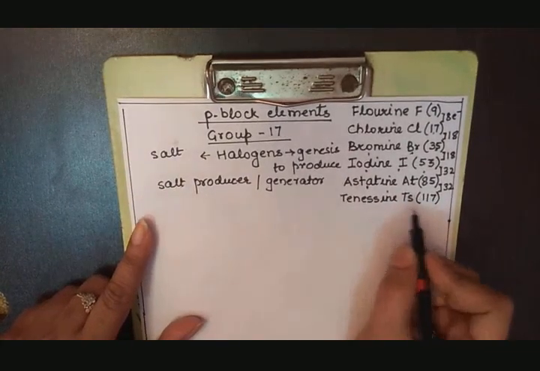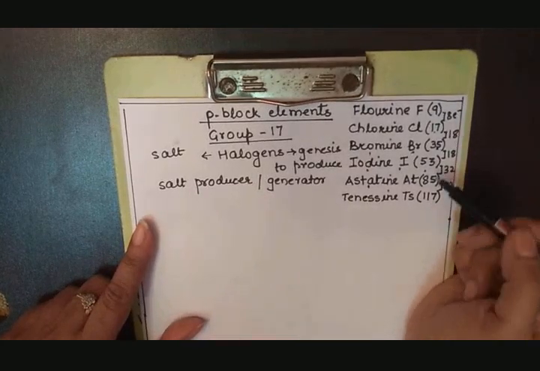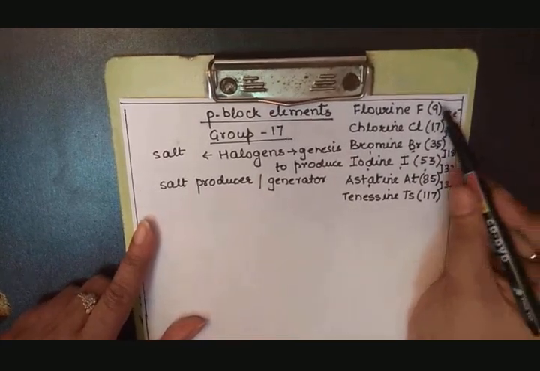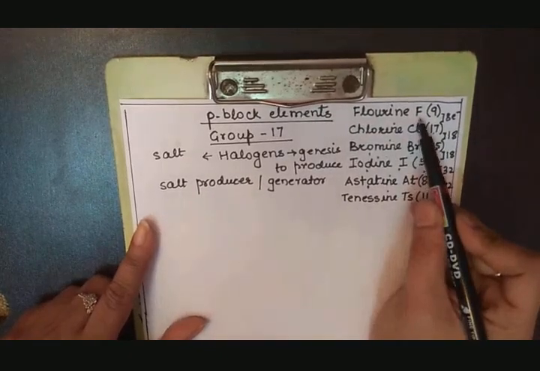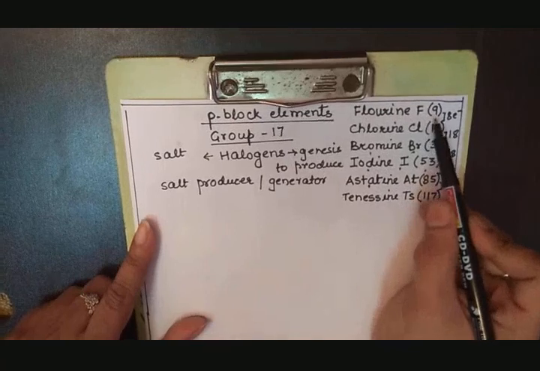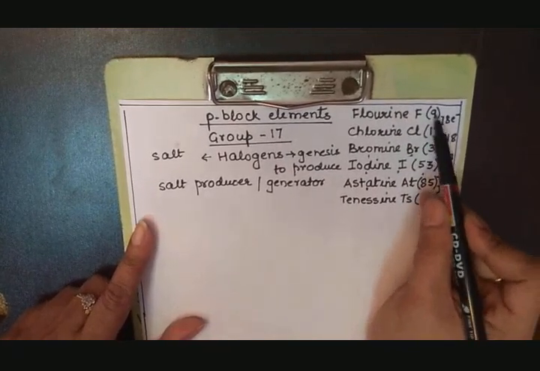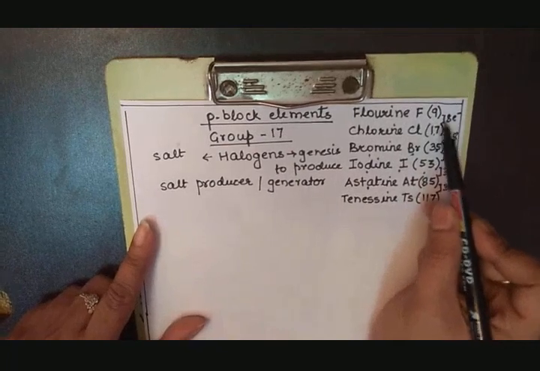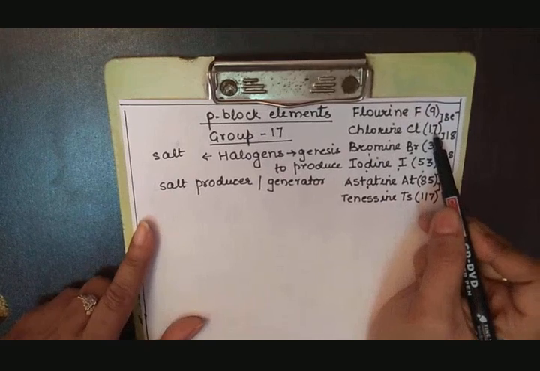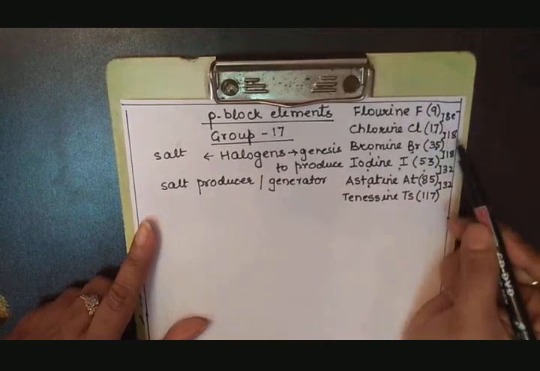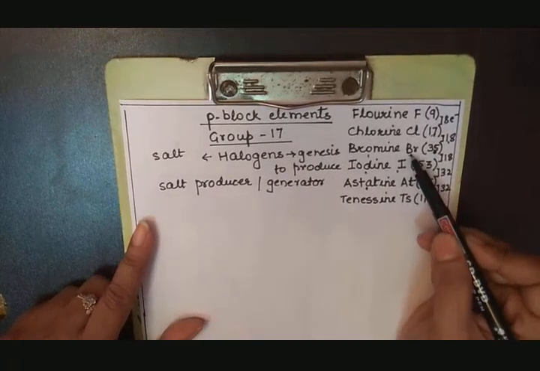And one more thing, students, there is no need to memorize the atomic numbers of the elements. By following the orbital rule or 2n square rule, you can easily find out the atomic number of the elements. The first one, fluorine, F 9, the simplest one, atomic number is 9. Then keep on adding electrons to this atomic number. First add 8 electrons: when you add 8 to 9, you get the atomic number of chlorine, that is 17. Then add 18 to this, you get 35, the atomic number of bromine.